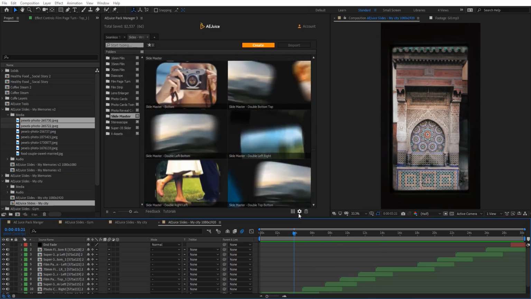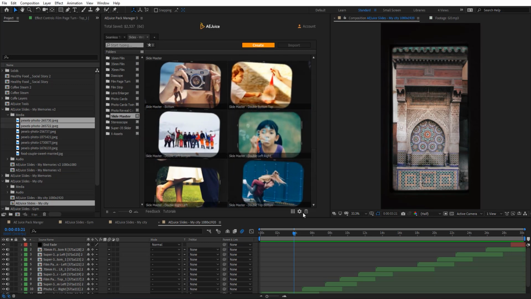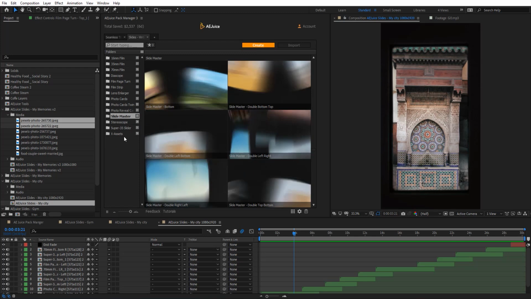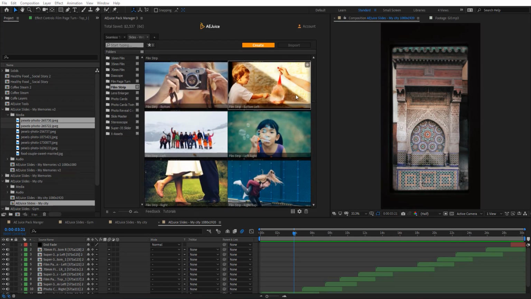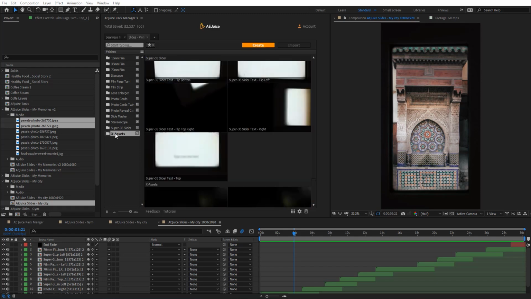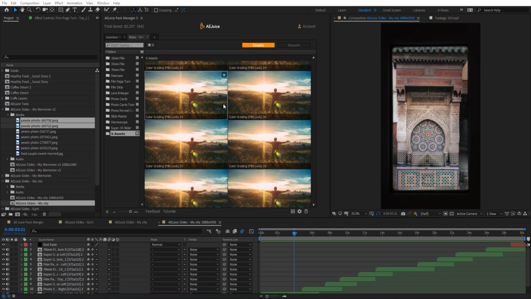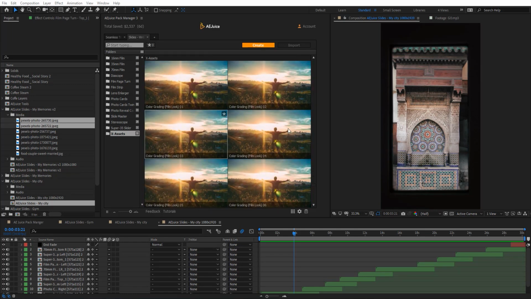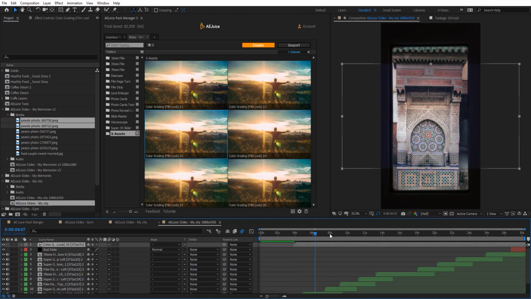And here we have these gear icons. So here you can use white frames or disable motion blur. This is like the style for this slideshow, and as you see, we got all these different kinds of styles. And here we have these X assets. So you can add camera lens and some color correction, just drop that on your comp, and it's going to correct that for you with the look you want right there.